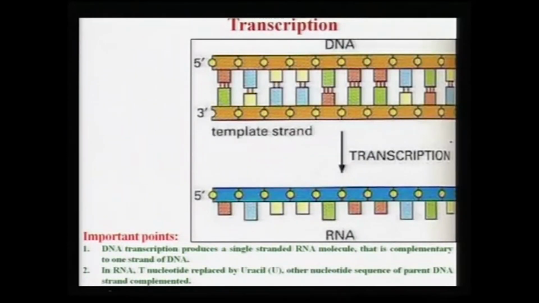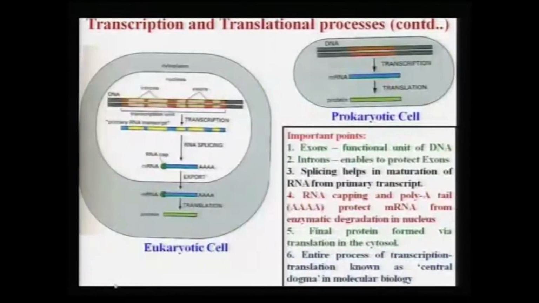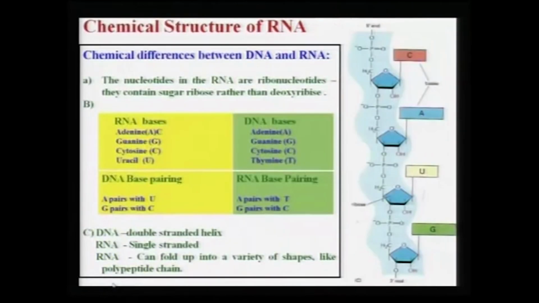So, this is a more detailed view of the DNA transcription process, where you have a single strand here. This can be A, this can be G, this can be A, this can be G, or whatever sequence it can be. Now, if you see this sequence in the DNA you have the ATGC, but in case of the RNA you have